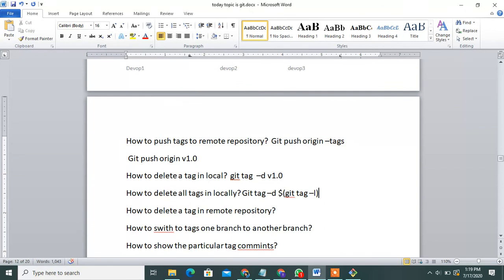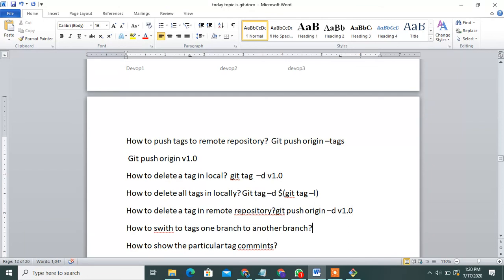Use this command and you can delete all tags locally. Then how to delete a tag in the remote repository? git push origin -d with the particular tag name.